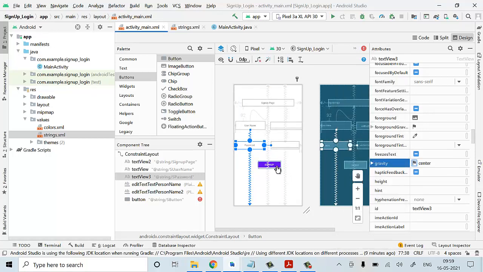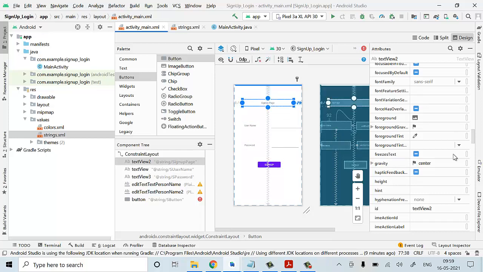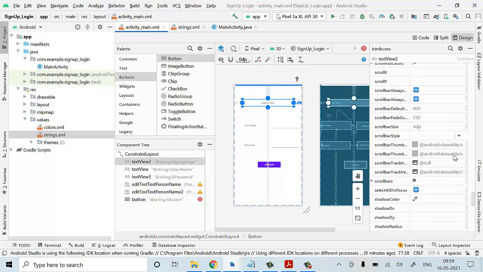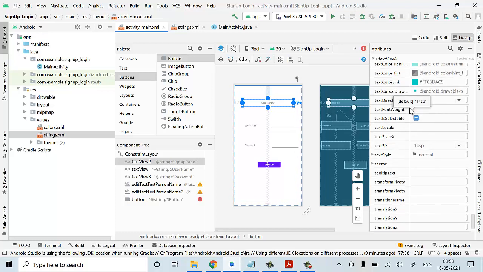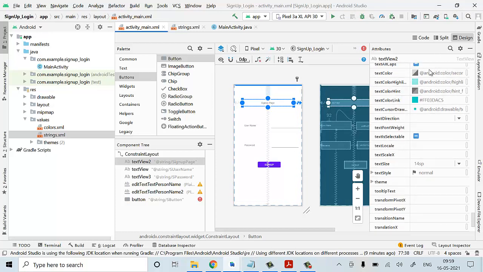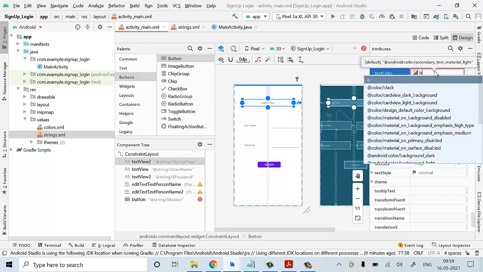Sign up is at a center, you need not do anything. But we have to make this text color dark. So I'll go for the text color attribute at the downside in the attribute panel. Here there will be text color. Text color, I'll give black.